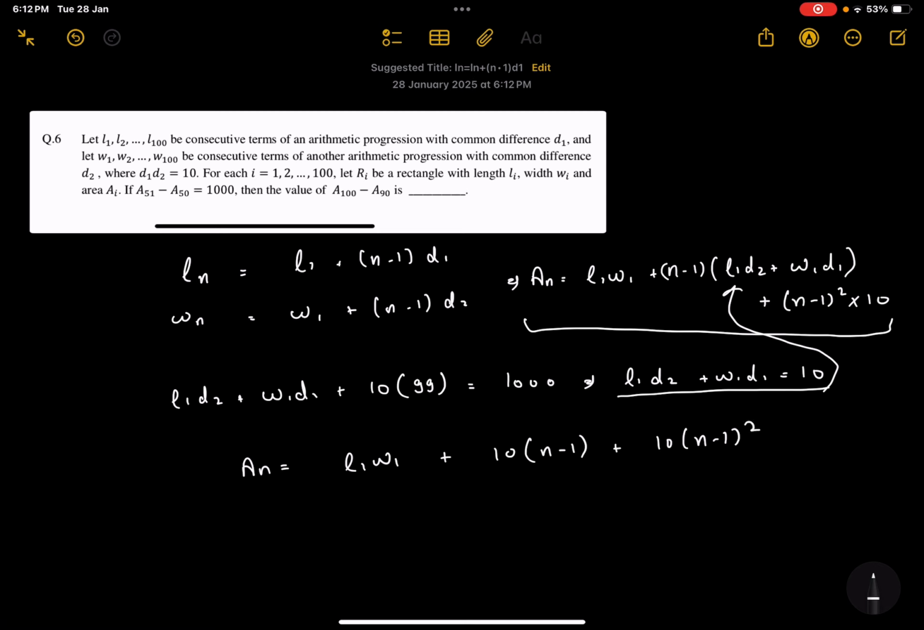Now we can substitute 100 and 90 to get A100 and A90 and their difference. The difference will become 10 times (100 minus 1), that is 99 squared, plus 10 times 99 minus, because this term is common, it will get cancelled. We will be left with 10 times 89 squared,